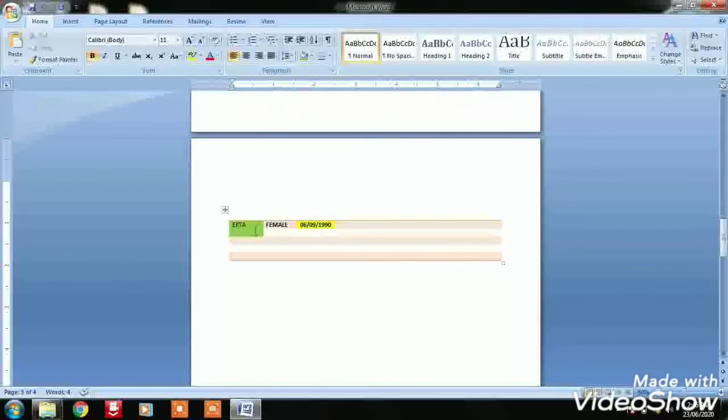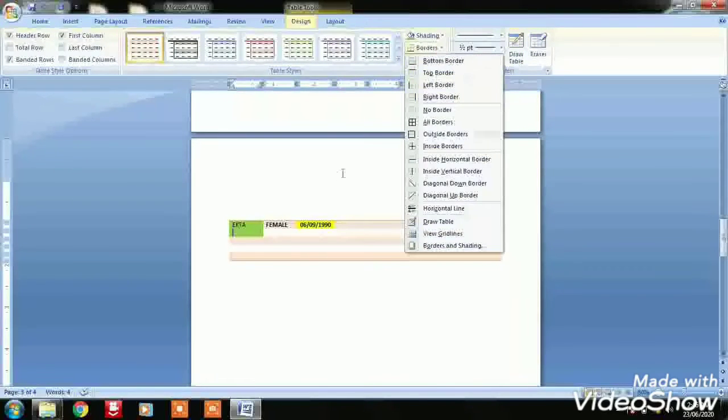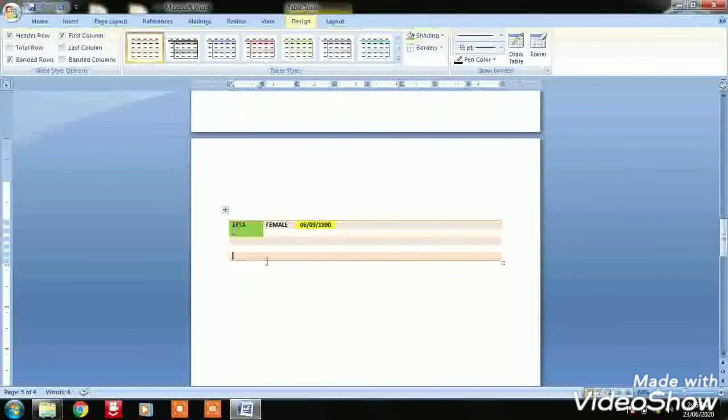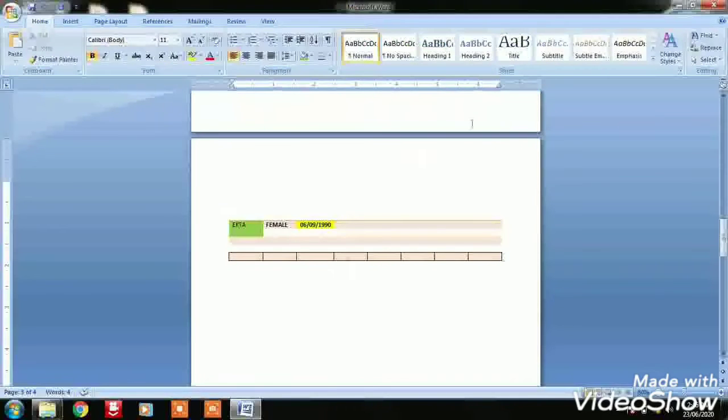Okay, other than this we can go for borders also. For this again we have to select, like I have selected this particular column and I am going for the border. This border option we have already done under the Home tab. So this is what you can see, bottom border, so it will come just below the cursor. Top border, it will go above the cursor. Right and left border, so these are the variety of options. We can simply apply all borders. You can see now the border is like this.